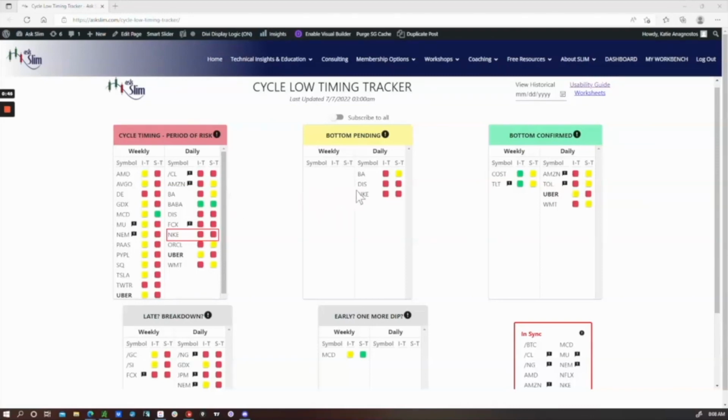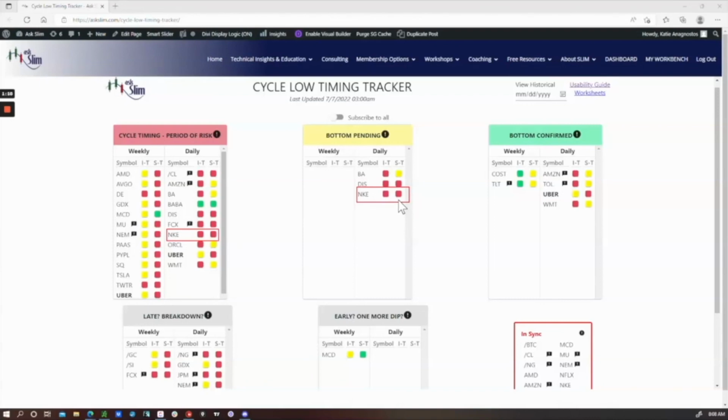Nike is also found in the bottom pending box for the daily time frame, and that means that there's been sufficient positive price action to suggest that Nike is in fact making that cycle low that we're looking for. Now that doesn't necessarily mean a bullish trade setup. These 2 small red squares next to the Nike symbol are indicating that momentum is negative in both the intermediate